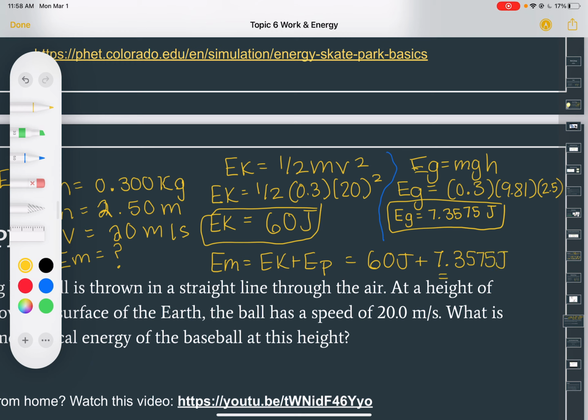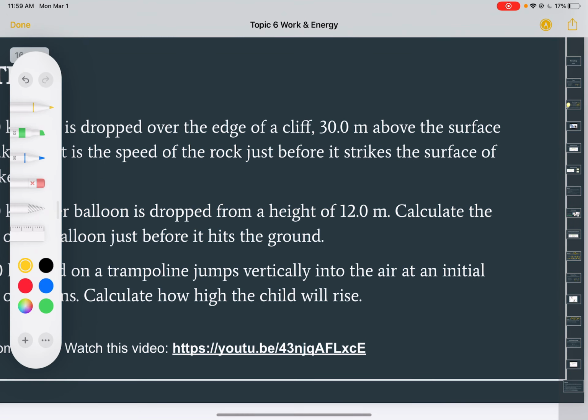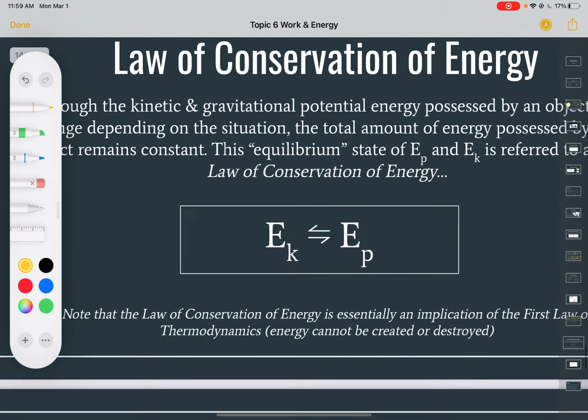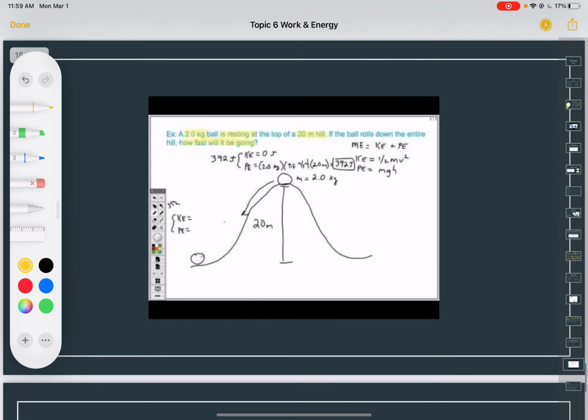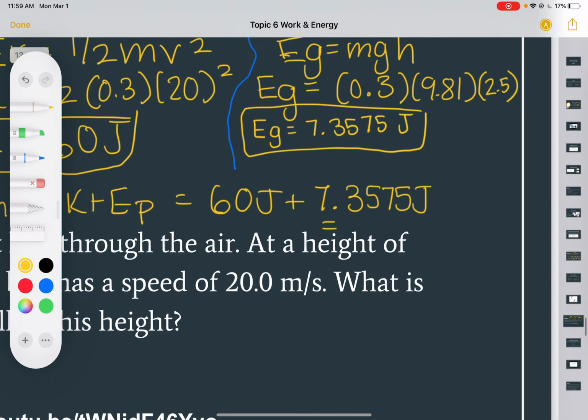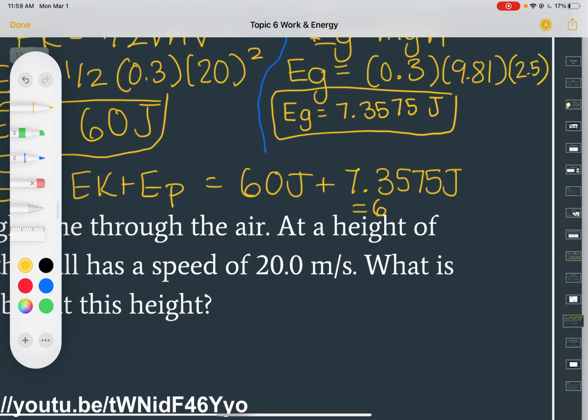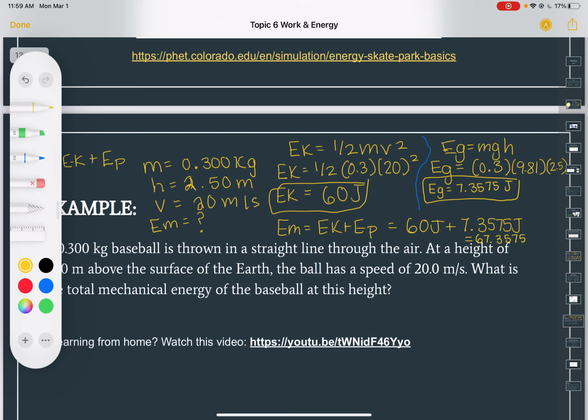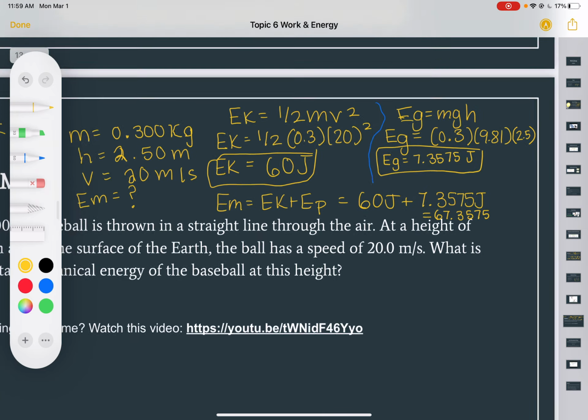So if we add those together, we get 67.3575. And if we look back at our question, we want to round that to one significant digit, because 20,